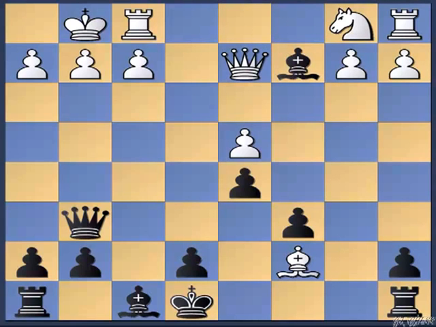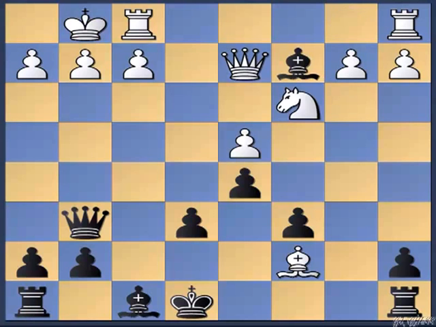Instead of queen to d2, if your opponent plays queen to e2, then bishop d3 will nab the rook. So your opponent has to be careful over here. And here I responded with the move e6, and after knight to c3 I challenged the queen with the move